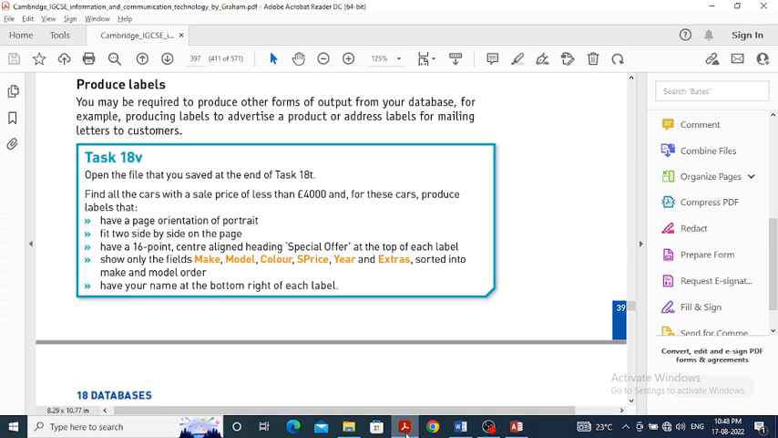Task 18V. Open the file that you saved at the end of task 18T. Find all the cars with the sale price of less than £4,000. For these cars, produce labels that have page orientation of portrait, fit two side by side on the page, have a 16-point center aligned heading,